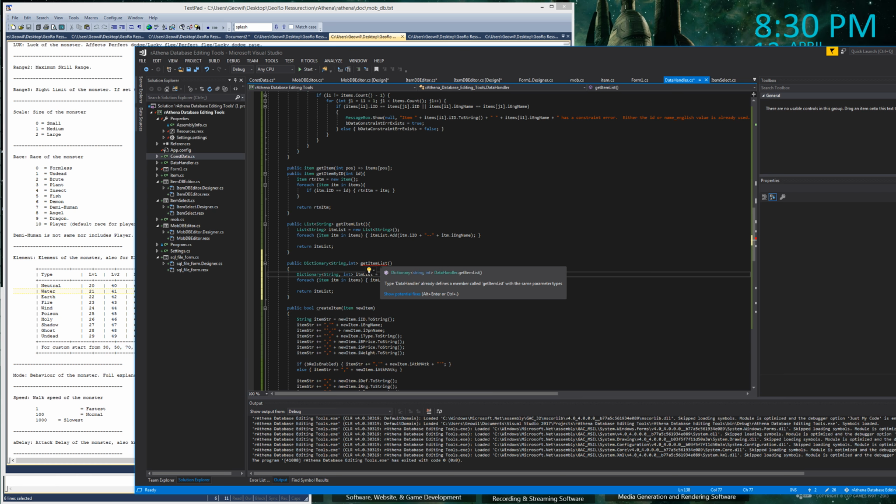Right, we have the same parameters though. You can't just have it differentiated on the return. The parameters must be different. To me, I don't see why that's the case. The return type's different, so whatever variable you're returning into should define which version of the function is being called. But for whatever reason, they didn't write the compilers that way. So we have to do something stupid like pass through just some bool